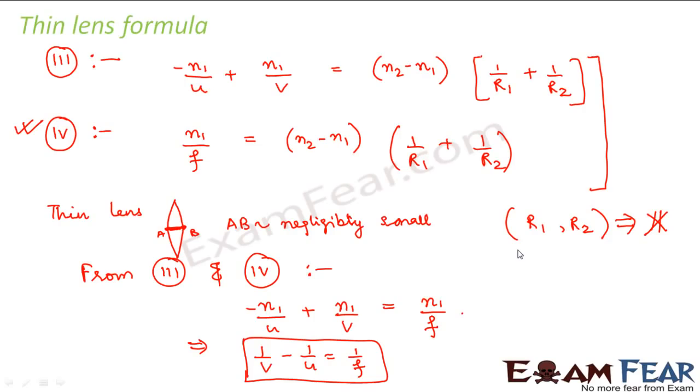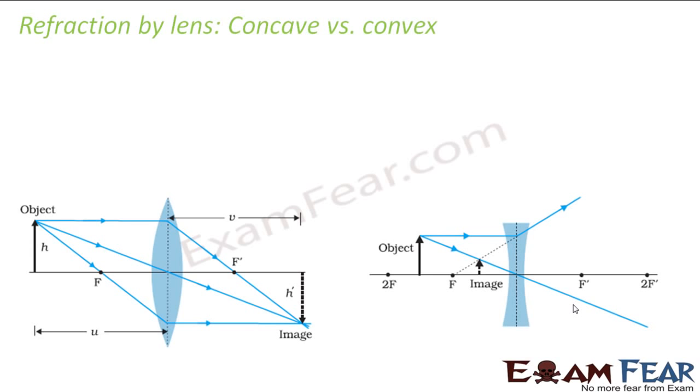So what does this prove? This proves that a lens behaves differently from a spherical mirror only because of the thickness of the lens. Once that thickness is reduced, the two different radii of curvature don't play any role, because there is no need for two different radii of curvature, right? Because as your lens goes thinner, and even thinner, it is just like one spherical surface. So there is no point considering R1 and R2 separately, right? I hope the thin lens formula is also clear to you now. Okay, so now let us go ahead.